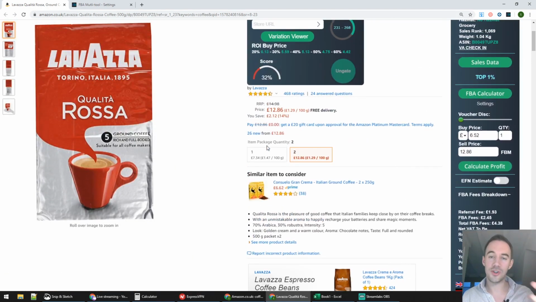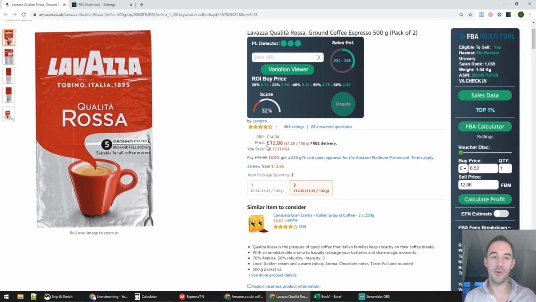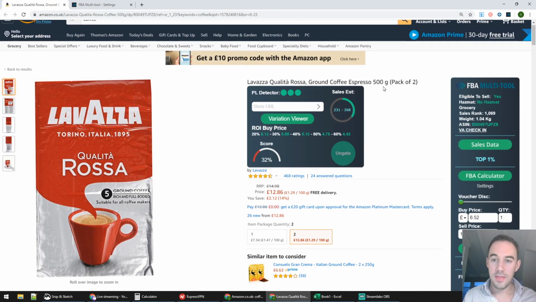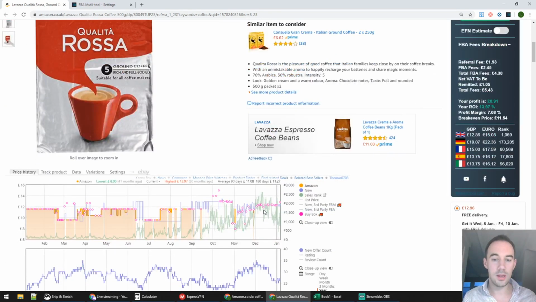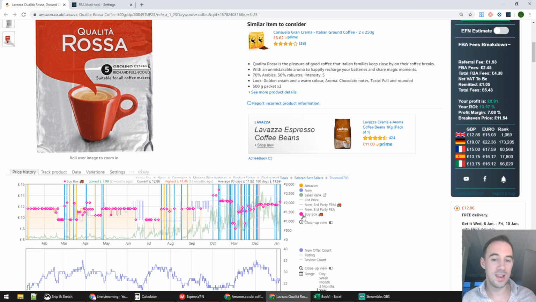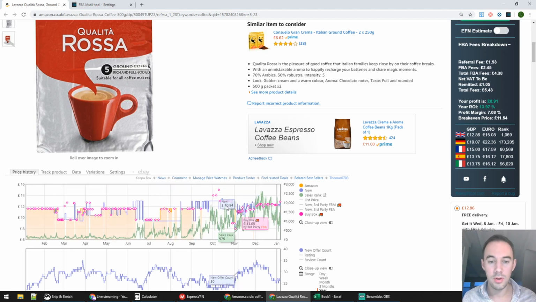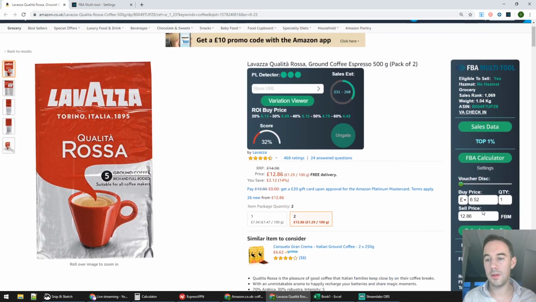So I just talked about reverse sourcing. If you're not too sure, say for example a product like this. This is a coffee ground 500 gram, and it's a 2-pack. So we know straight away, let's say for example the 90-day average is 11.82. We might say that Amazon's off the listing, it's been a bit higher. Let's call it £12. So for this to sell at £12,